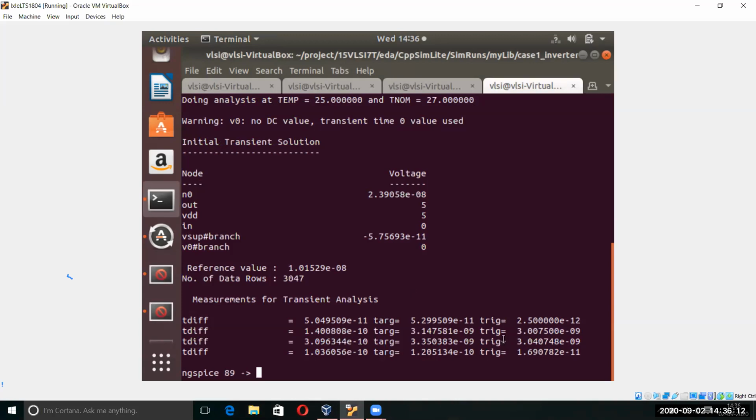Now you can see that rise time and fall time also. The first one is the rise time, and the second one is the fall time. That is 10% to 90%, and this is the 90% to 10%, that is the fall time. So are you getting or not? This is very straightforward. Yes, sir.